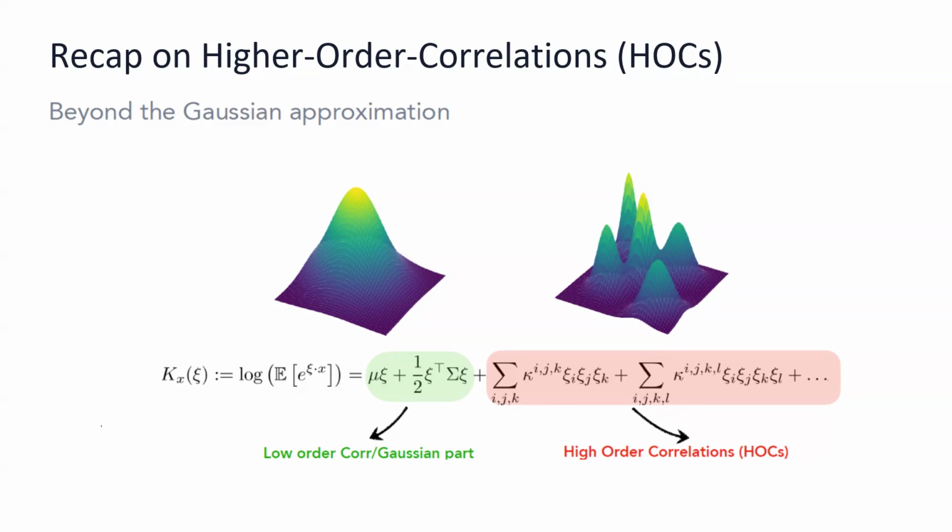You will have a series of terms in which the order k term will be an order k tensor that encodes the order k correlations inside your distribution. The first few are very famous because the first is the mean vector, so mu is the mean of the distribution, sigma is the covariance matrix of the distribution, and then the later ones are much less famous. This is the skewness, the order 4 is the kurtosis, but they're way less famous. This is because the first two are the ones that univocally identify a Gaussian. So if you have the formula of the density of a Gaussian, you just specify the mean, you specify the covariance matrix, and then you have defined it.